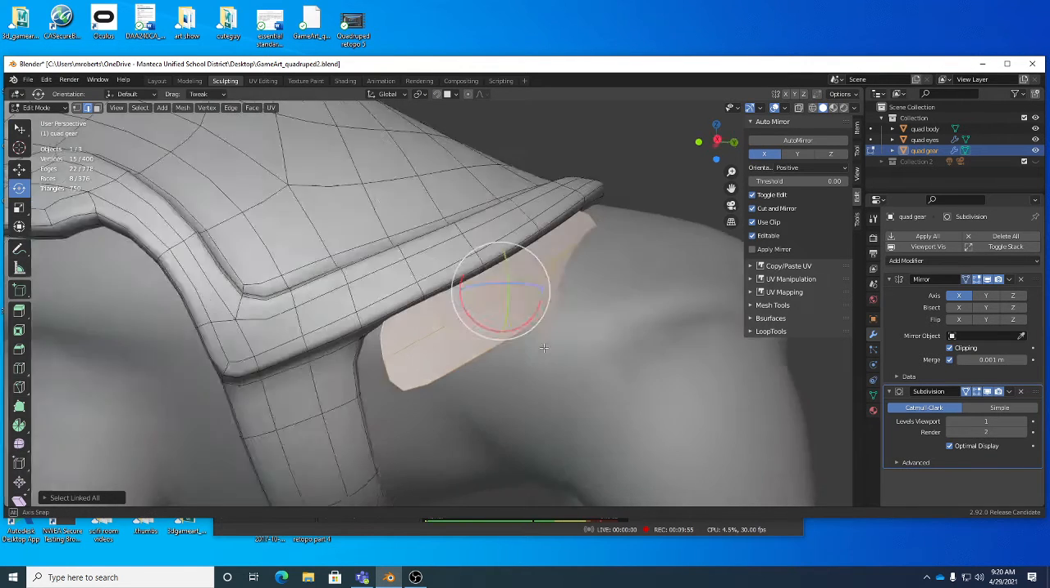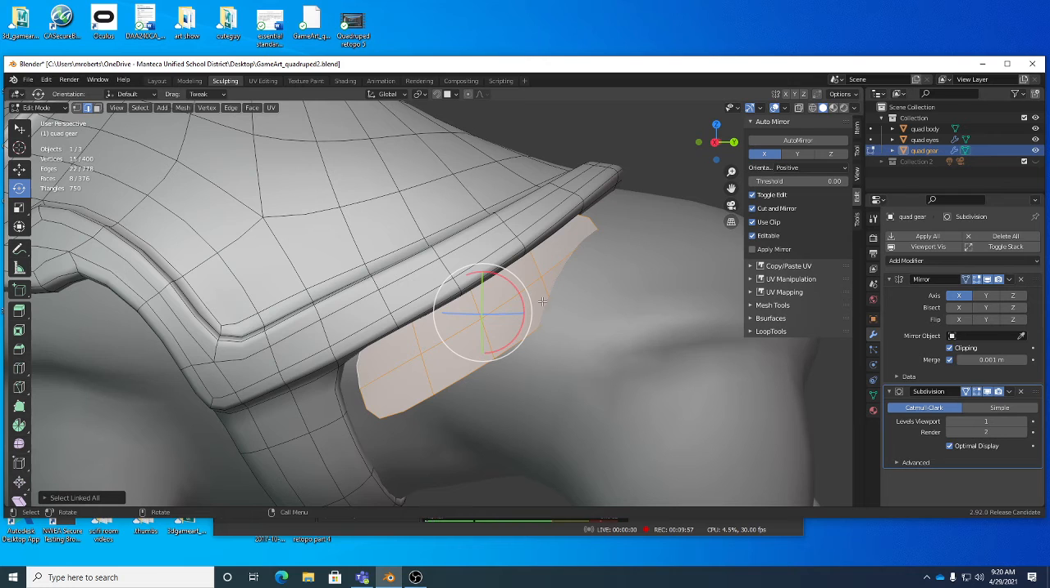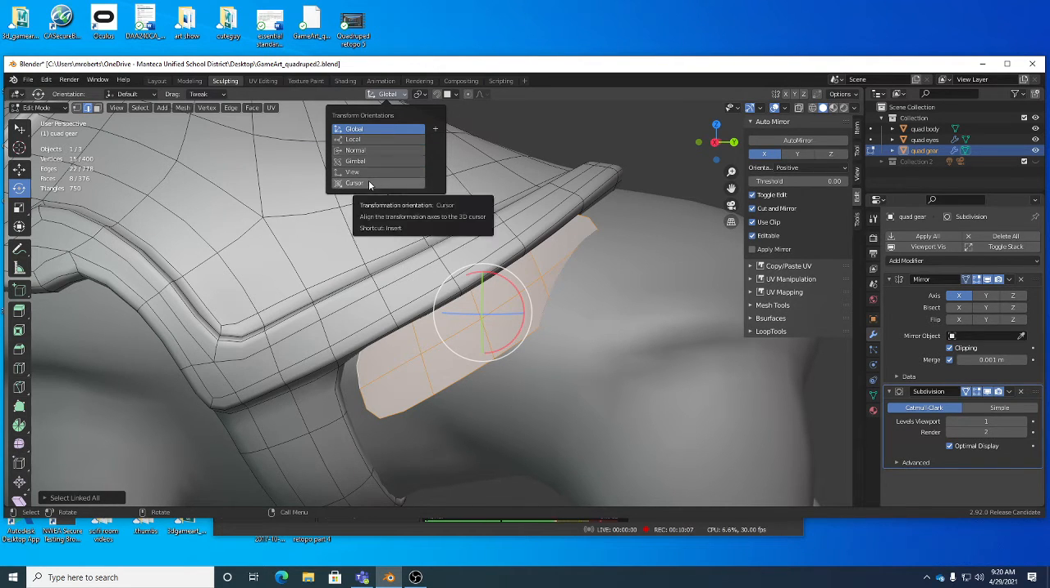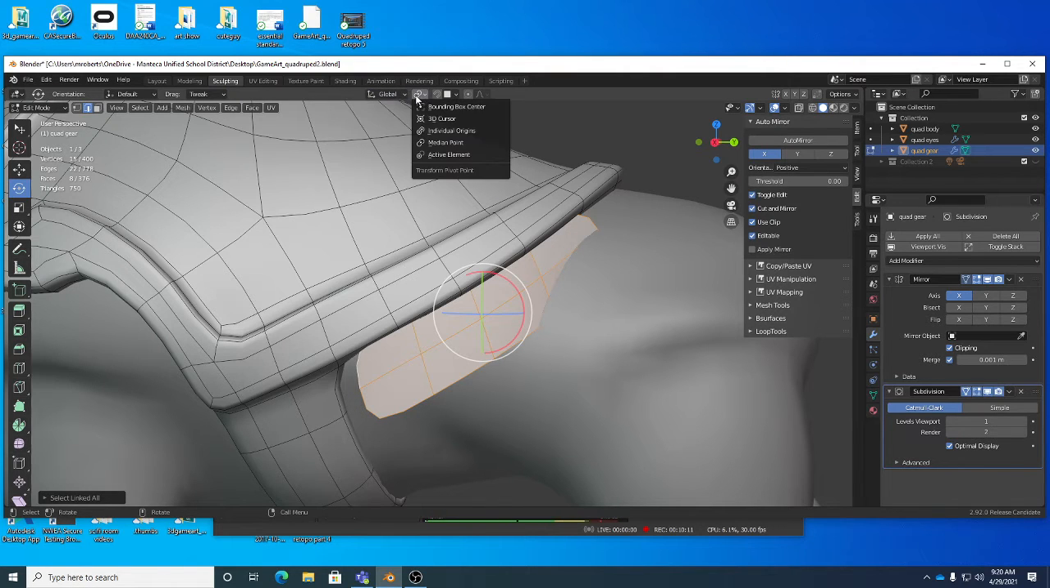And I can hit E for rotate, right? And you see how the rotate is in the center. So remember, one of the things that you could do is, of course, we can go up to here. We see that there's local, normal, cursor, view, which are all useful. But the one next to it that looks like a link, if you go there, there's median point, which is